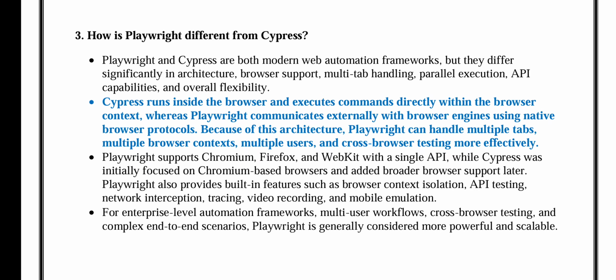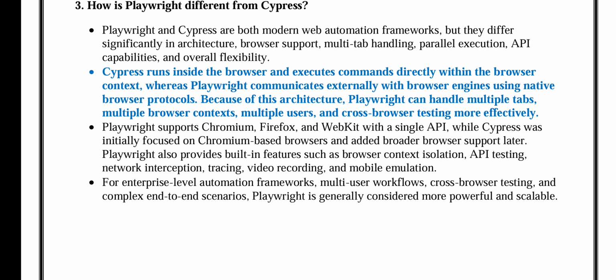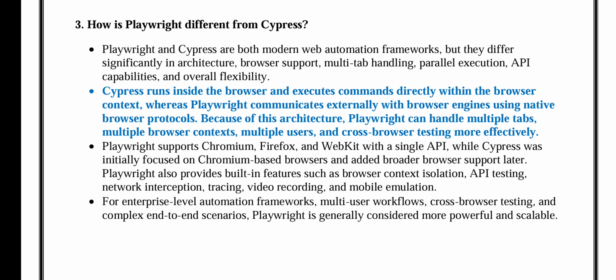Playwright and Cypress are both modern web automation frameworks, but they differ significantly in architecture, browser support, multi-tab handling, parallel execution, API capabilities, and overall flexibility. Cypress runs inside the browser and executes commands directly within the browser context, whereas Playwright communicates externally with browser engines using native browser protocols. Because of this architecture, Playwright can handle multiple tabs, multiple browser contexts, multiple users, and cross-browser